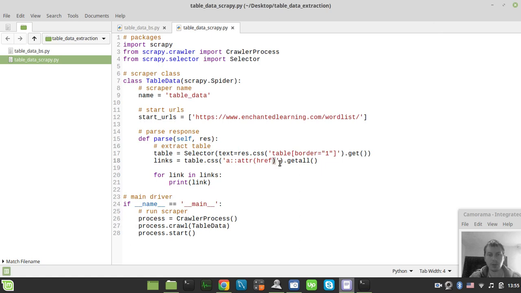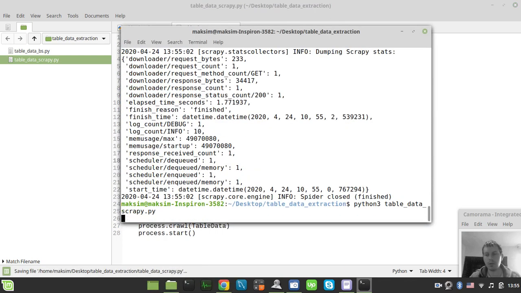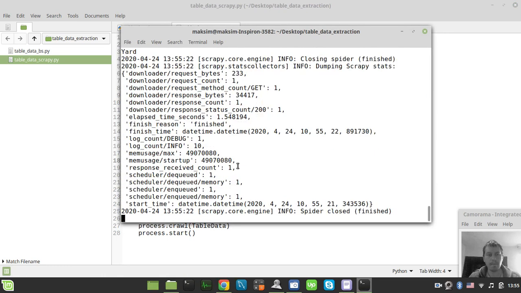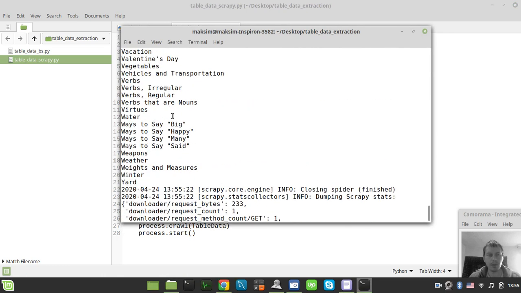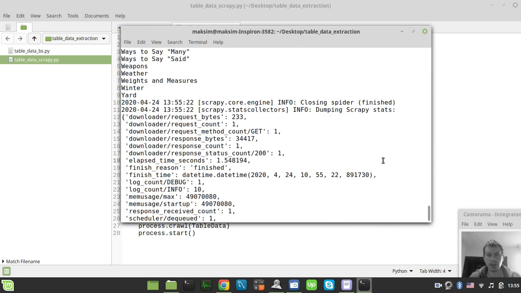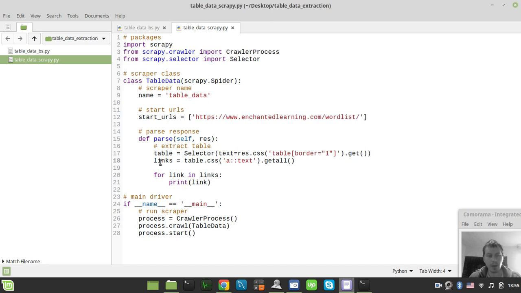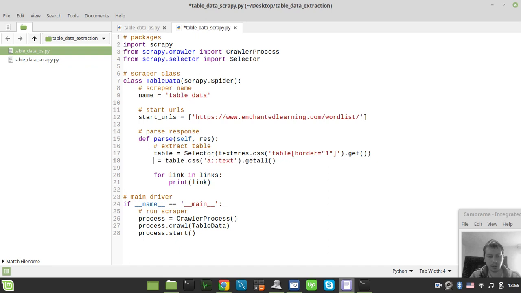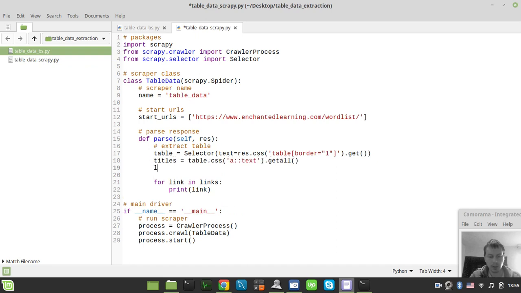And if we just try to see our titles, so just try to extract the text node. Okay. Yeah, now this is pretty nice. So now let's do literally the same we've done here. So this would be actually titles, and links would be the same, but we're looking for